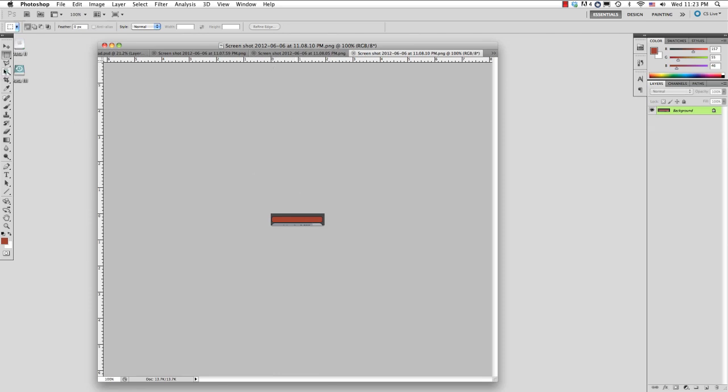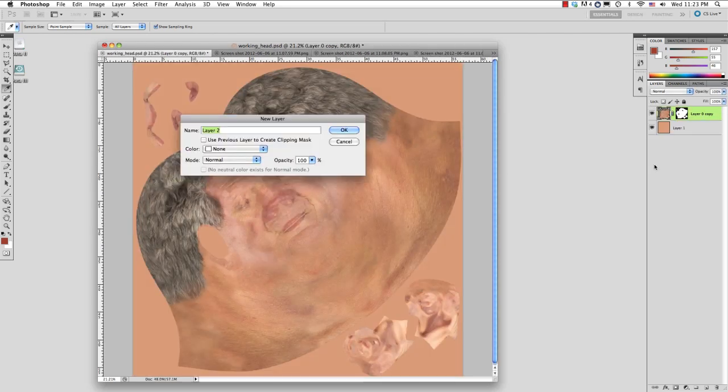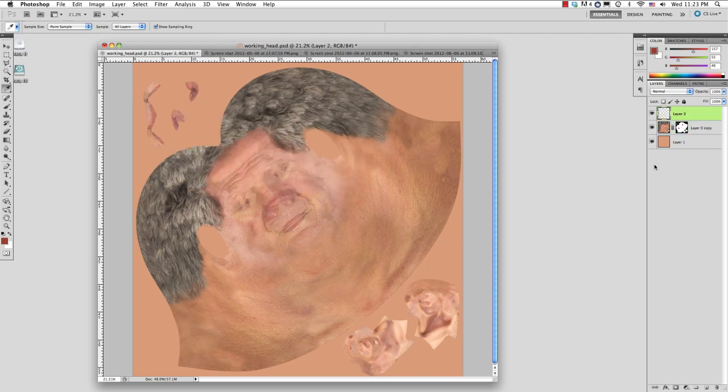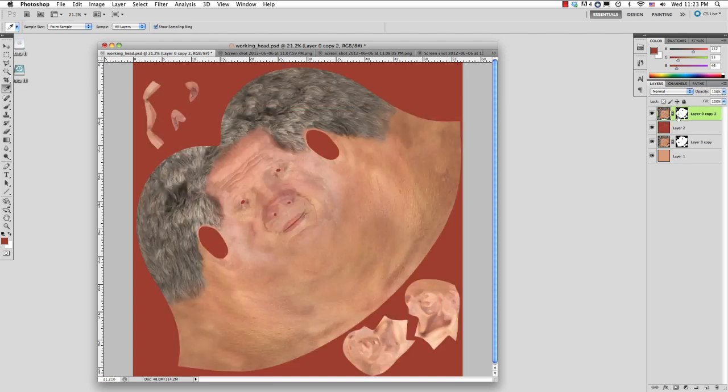Okay, the first texture we're going to be painting is this backscatter, which is this dark red. So I'm going to eyedrop, grab that color, and create a new layer, and just fill that with the red. I'm going to duplicate this diffuse texture that we painted. I'm going to apply the mask, and now I'm going to